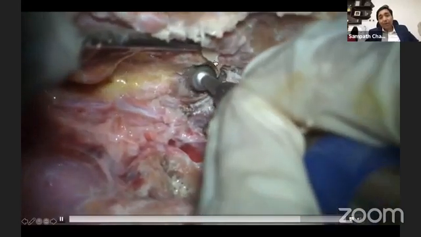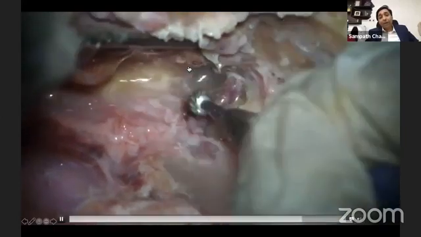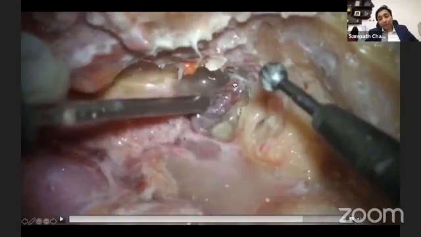Now I'm going along the greater wing of sphenoid area. I have gone quite deep here. Now you can combine the carotid work. This is all infratemporal fossa type A. You can combine it with type B, type C and all by now drilling along the greater wing of sphenoid, which is more anteriorly here. This is more anterior.